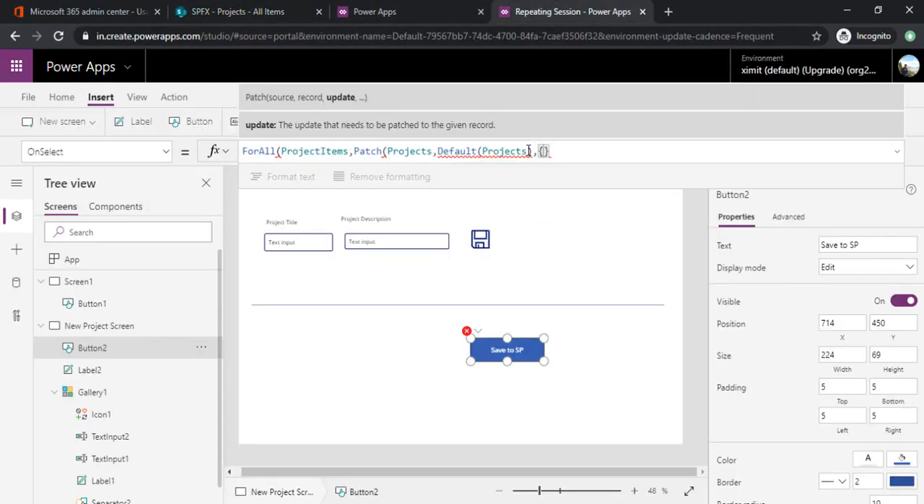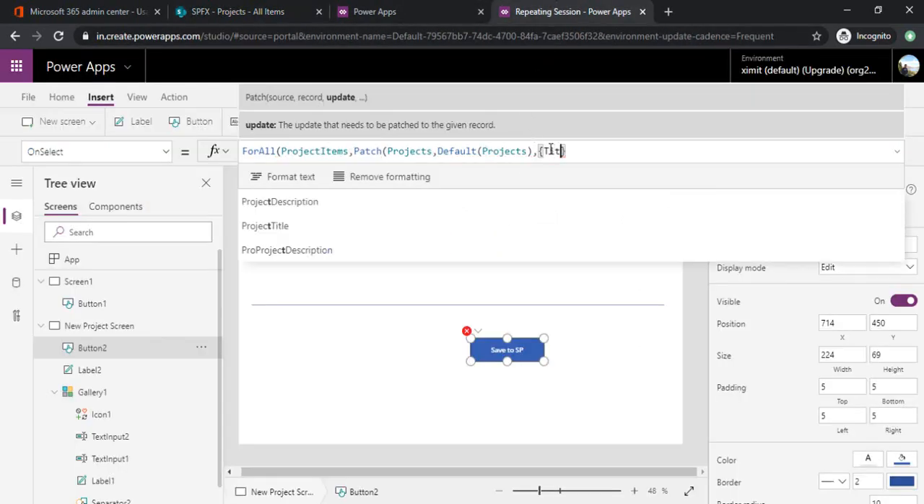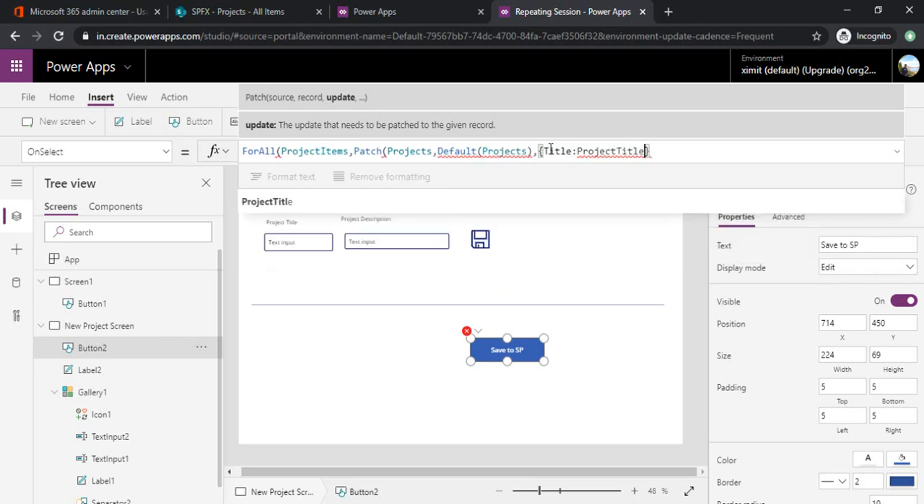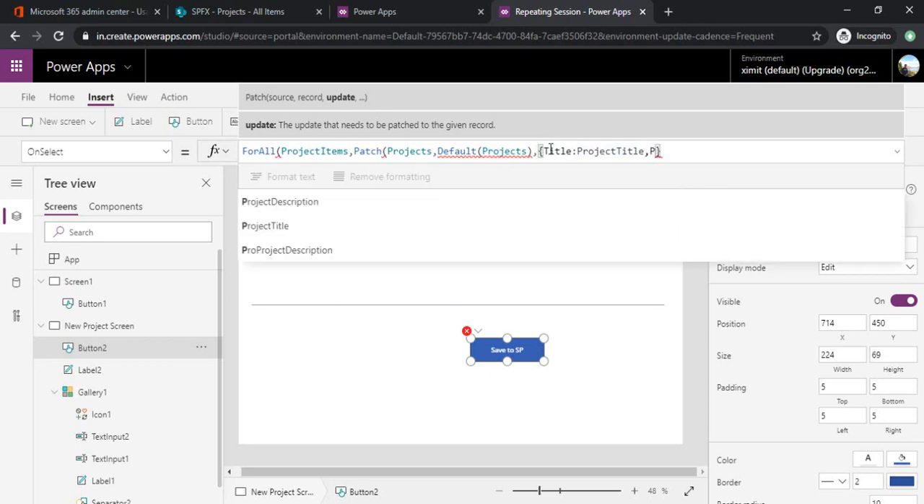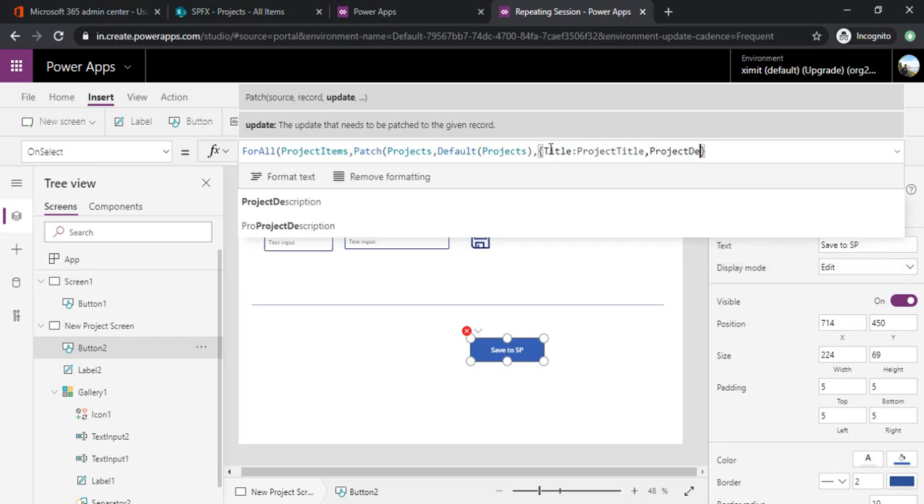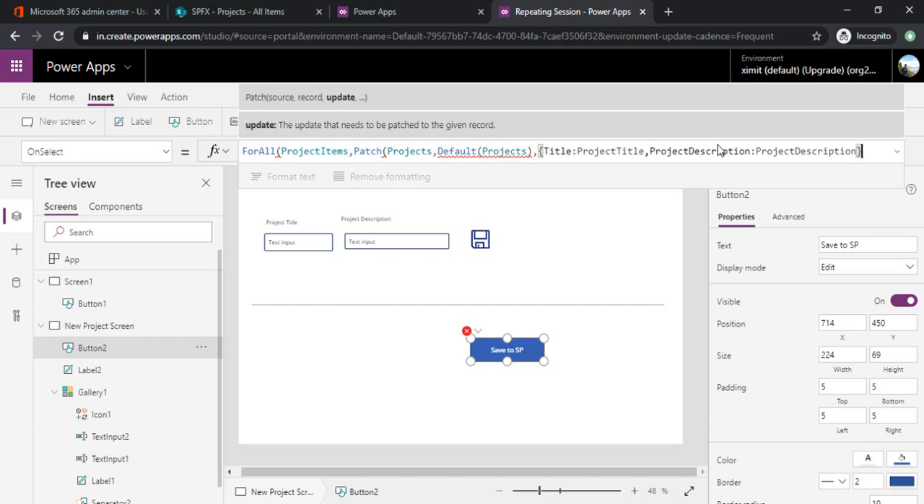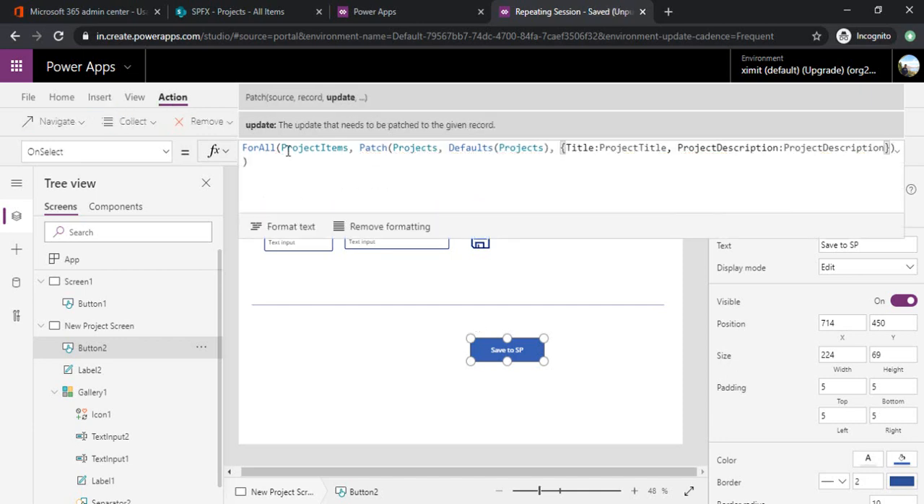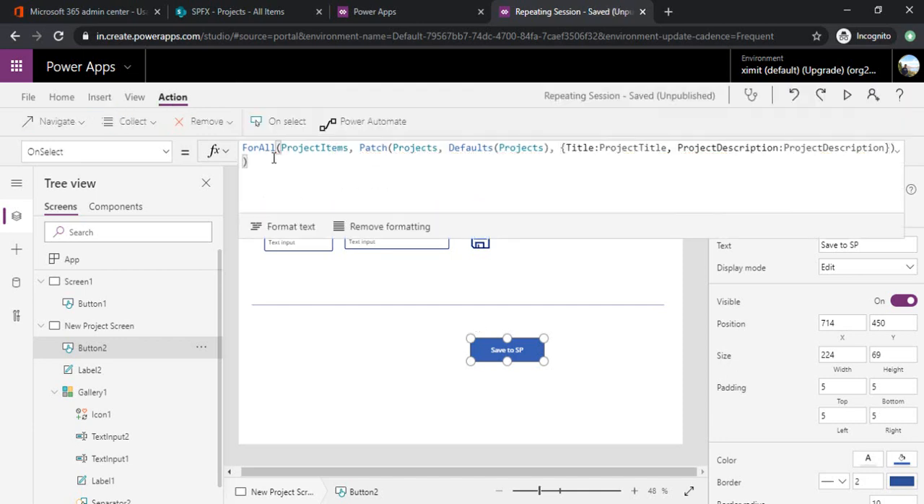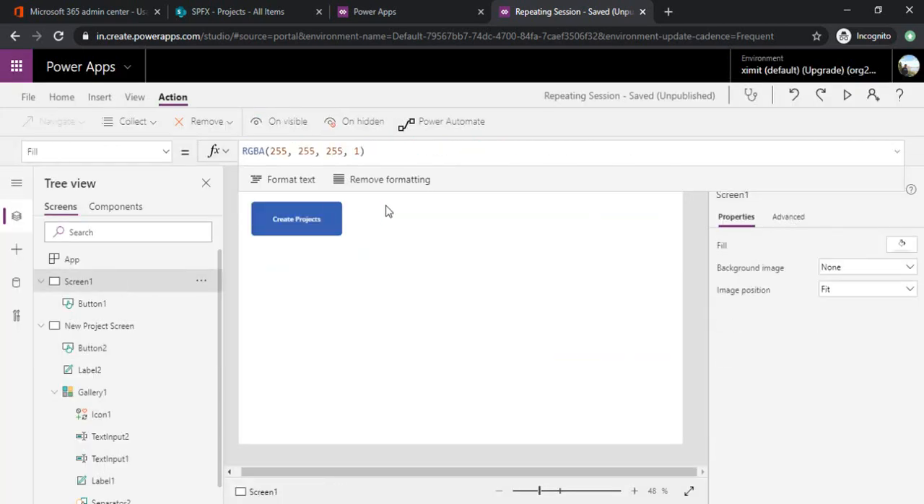So over here in Power App, I need to specify the column name of the SharePoint list, which is project title, bind that to the column name in my collection, and the same thing with the project description field, bind that to my project description, which is in my collection. So we have the formula ready where we iterated through all the projects item, patch that item in our title and project description column. So I'm just saving it, screen number 1,